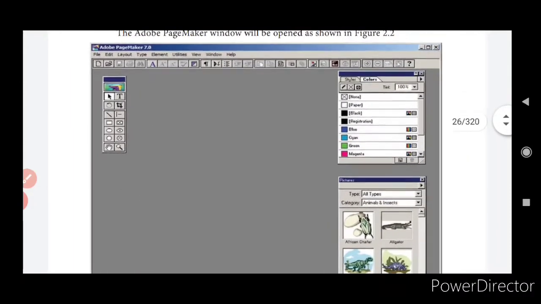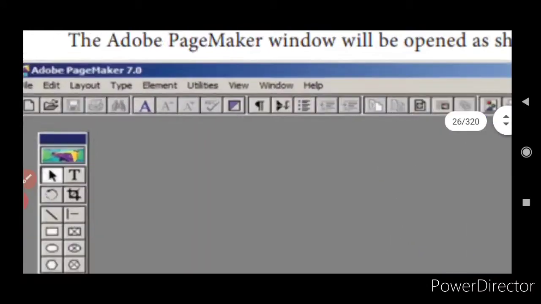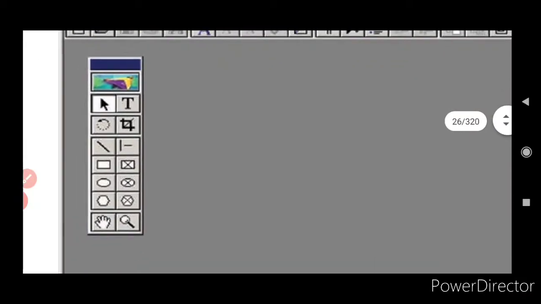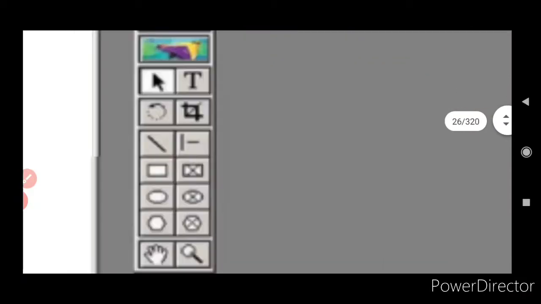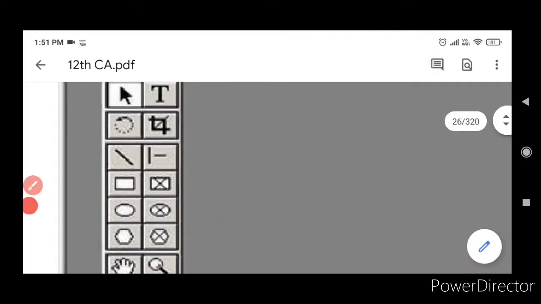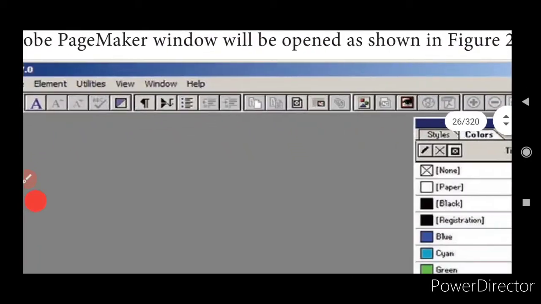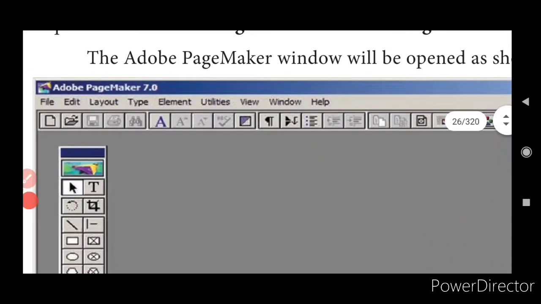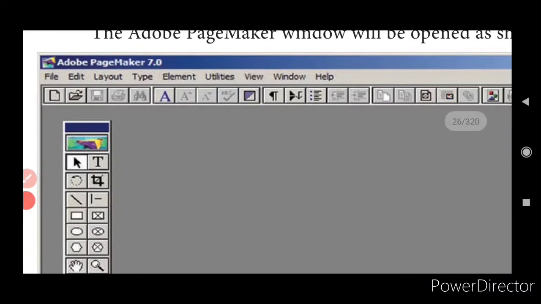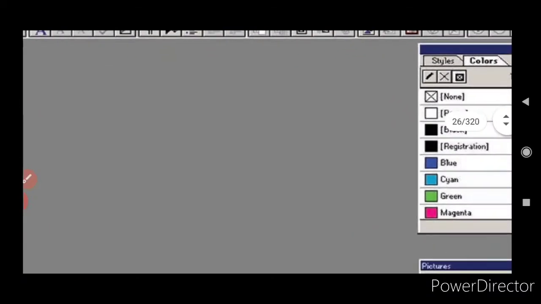As it gets open, how will it be? It is going to be like this. What and all it is going to be there? Just have a look here. Adobe PageMaker 7.0 and it has your tools. This is termed as your Adobe tools. Clear? So next, what do you have? You have your file, layouts, anything, everything here, right? This is going to be your menu bar and you have certain designs to apply. Yes.